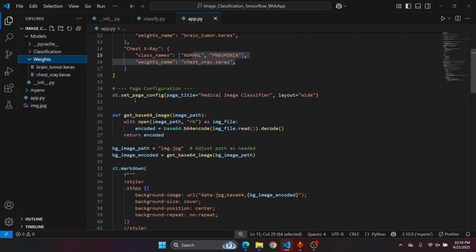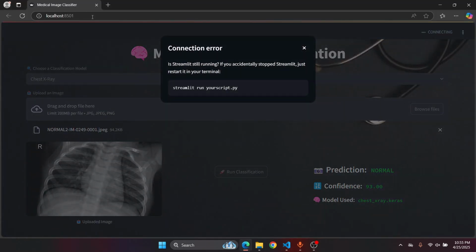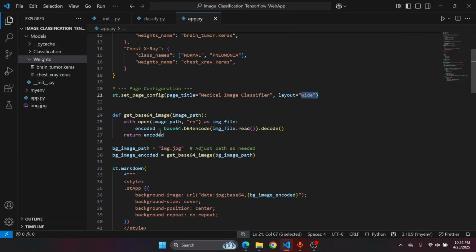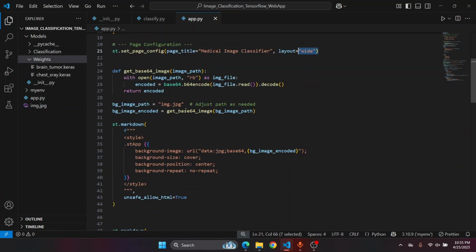See, this st.set_page_config sets the page title and the layout will be wide. What does this line show? So go to the browser. It's showing this thing, Medical Image Classifier. So this line displays this medical image classifier and the layout will be wide. Now, to display this